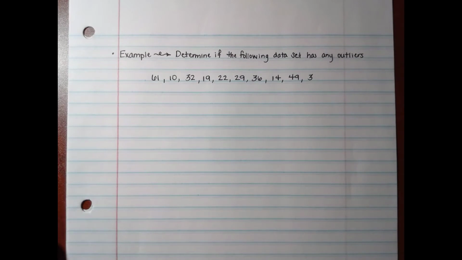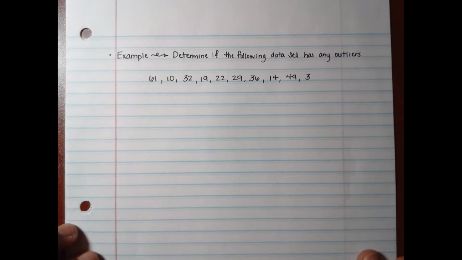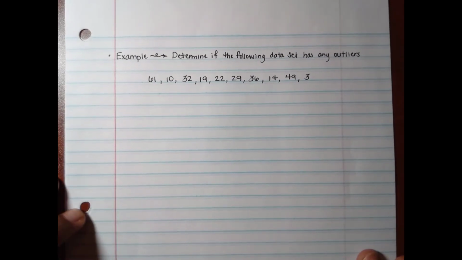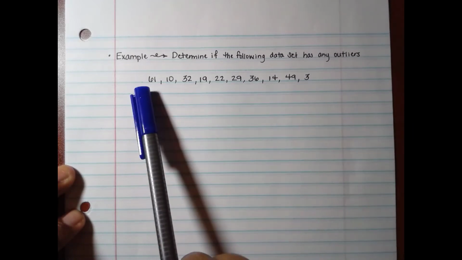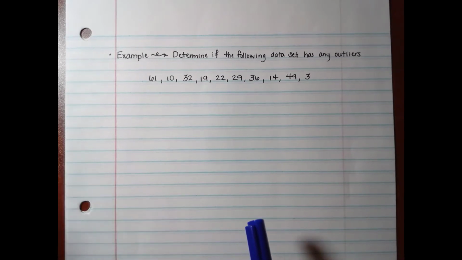So let's look at the following example. We have to determine if the following data set has any outliers. Well, let's just look at it at first. You might say that 3 and 61 are outliers, but we need to make sure. We need a way to check it. And to check to see if it's an outlier, we simply follow the steps. The first step is to calculate the IQR. And to do that, the first thing we have to do is put the numbers in order from least to